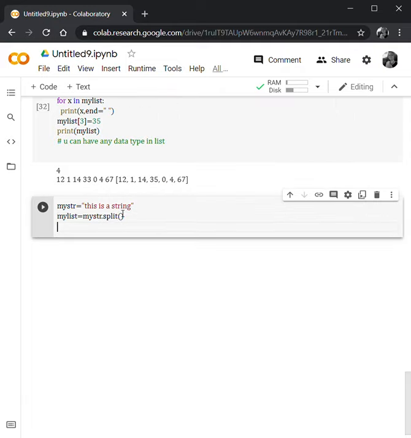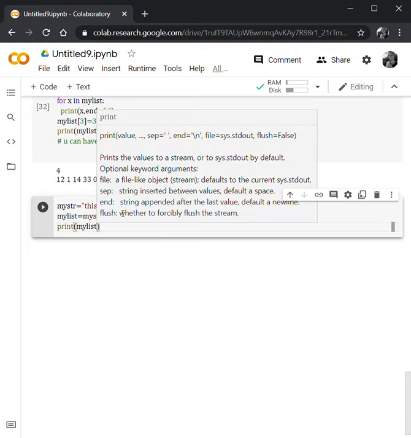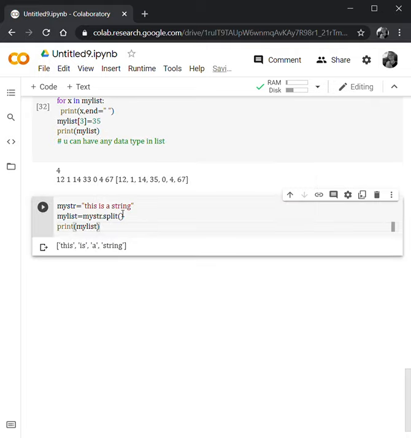And we'll print the list. So this is the result. See here, the list is actually